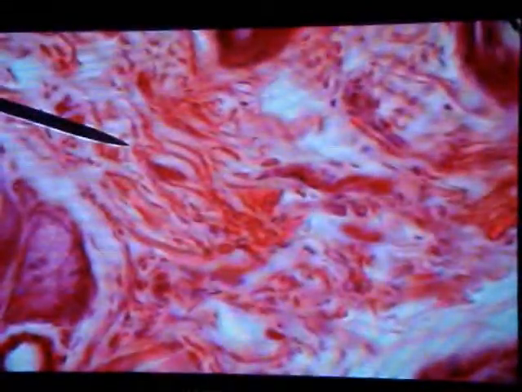Again, this is a sebaceous gland here. Here you can see a few smooth muscle fibers. These will be the fibers of the erector pili muscle.